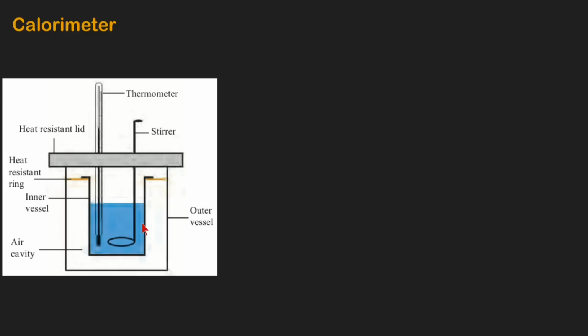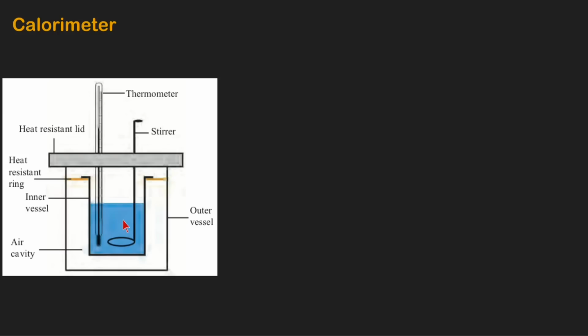This device contains water with a fixed temperature, meaning we know the value of that temperature, and the temperature of the calorimeter vessel is also the same, that is, the temperature of water and the temperature of the calorimeter vessel are the same. Now consider we have placed one hot object